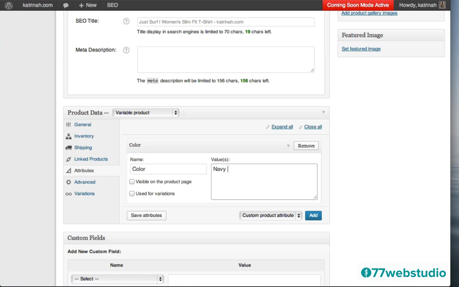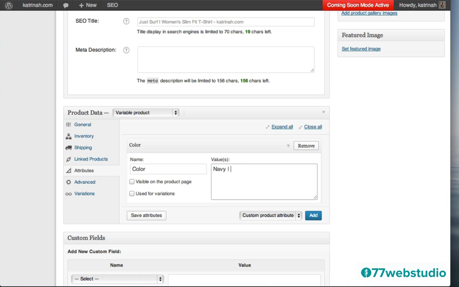And the pipe they're referring to in that description is a line that looks like an L and an I. It's located right above your return button on your keyboard. It's not a very commonly used symbol, but if you hold down your shift key and then click on the button above your return or enter key on the right side of your keyboard, you'll find it. That is called a pipe symbol, and I'm just going to add that there to separate the different attribute values that I want to include.